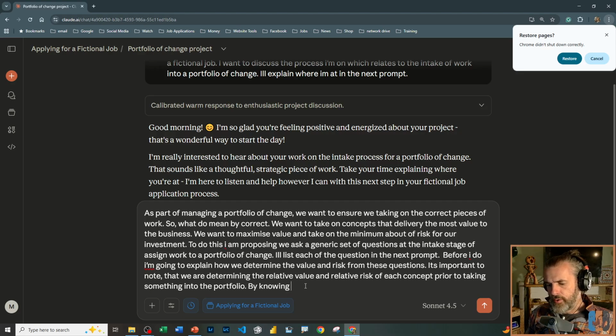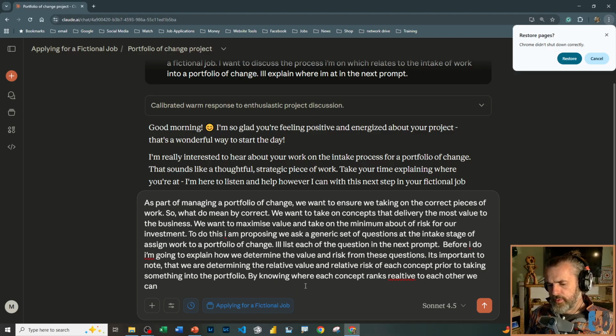By knowing where each concept ranks relative to each other, we can determine which concepts